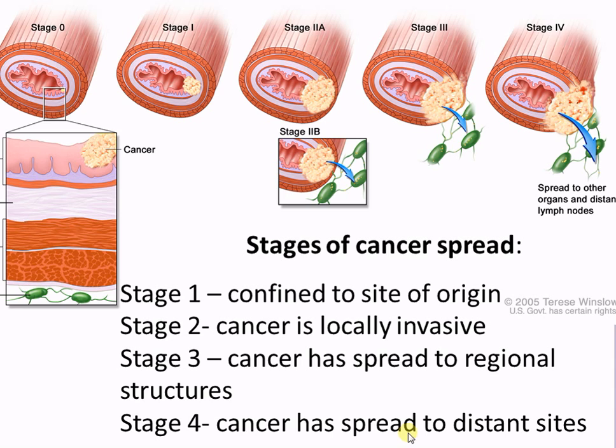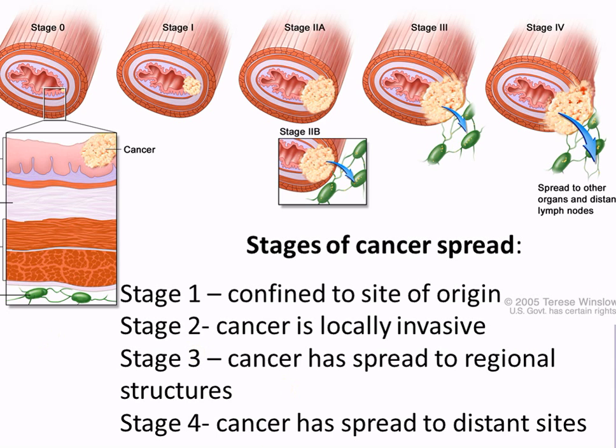And then stage 4, spread to distant sites. So at this point, it's in the blood, it goes anywhere at once. So it may be prostate cancer that spread to the brain or the lungs. Like I said before, breast, an example of stage 4, where would it have gone to? Yeah, up to the brain. If it were breast cancer that was locally invasive, it may go over the armpit, so causing inflammation in the lymph nodes. Or locally, regionally. Number 3.